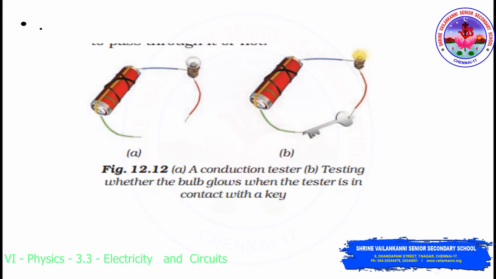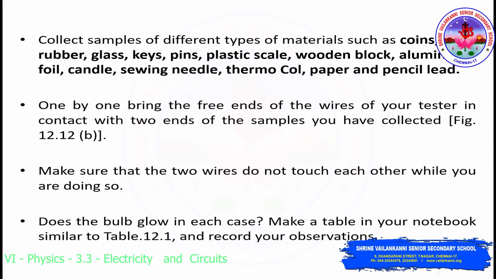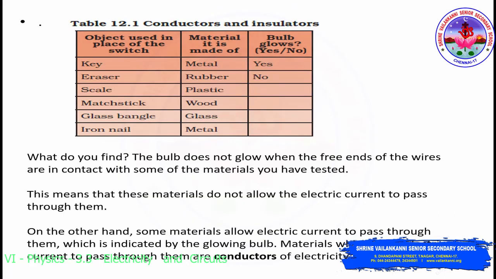And the material that conducts electricity is considered a conductor. So separate the current carrying conductor materials separately, and the materials that do not conduct electricity, separate them together. Yes, so you can easily identify which is a conductor and which is an insulator by doing this particular experiment. Right. As well, you can prepare a tabular column like this.